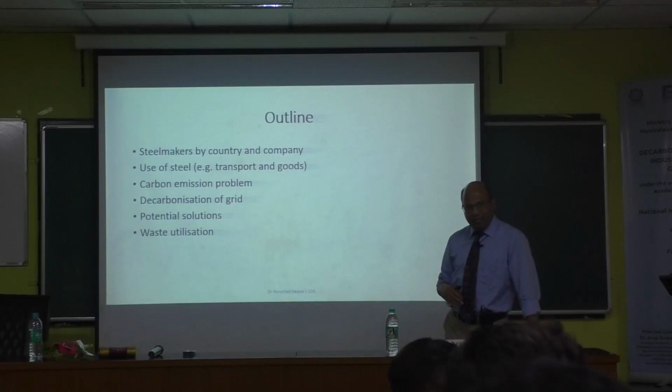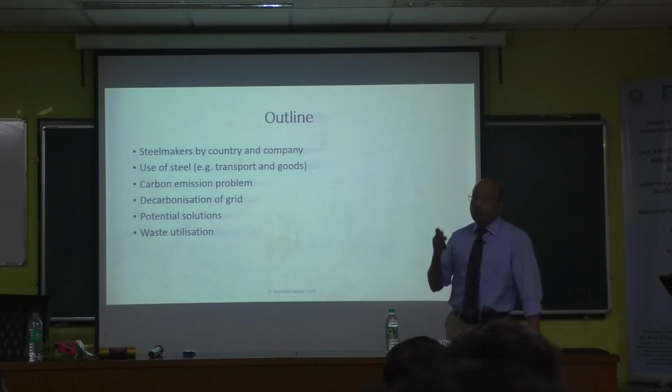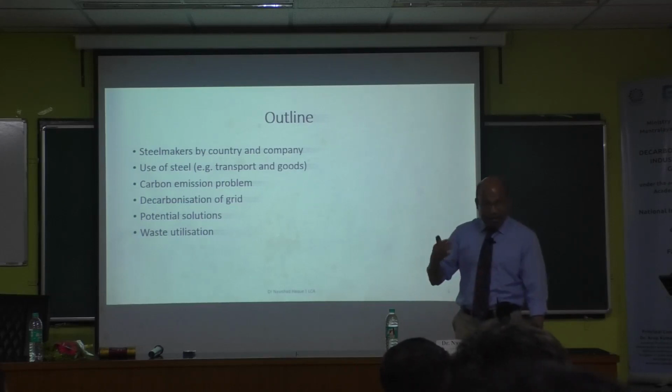Aluminium, any idea? It depends. The global average is something like 10, but if a coal-fired power station is used for making aluminium, it is 20 tons of CO2 per ton of aluminium. So how many times more than steel? 12 times, an order of magnitude higher, right?